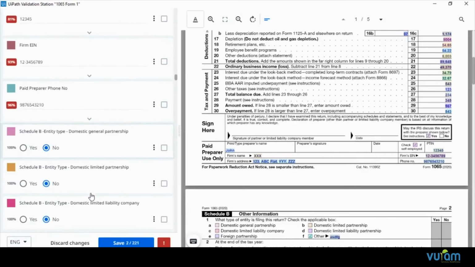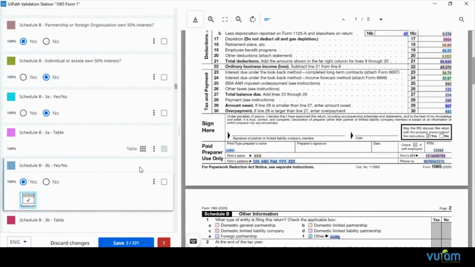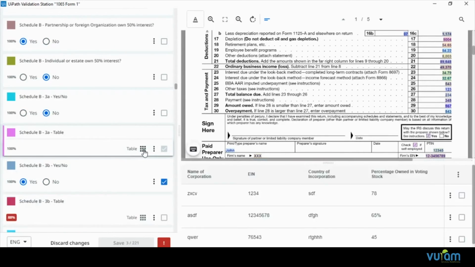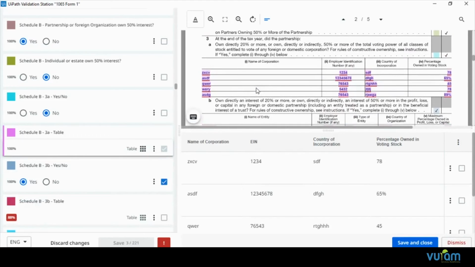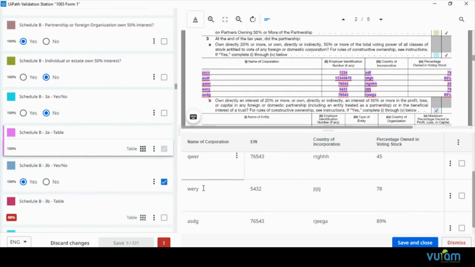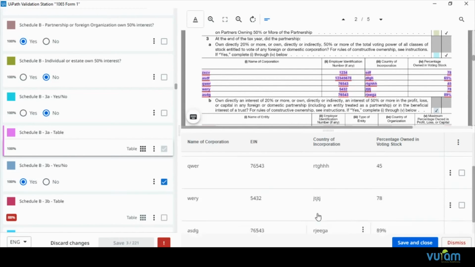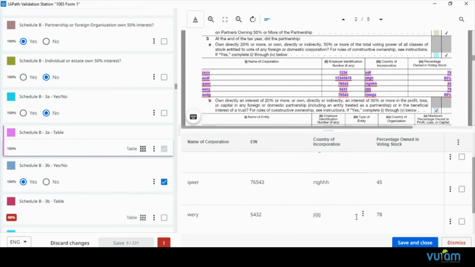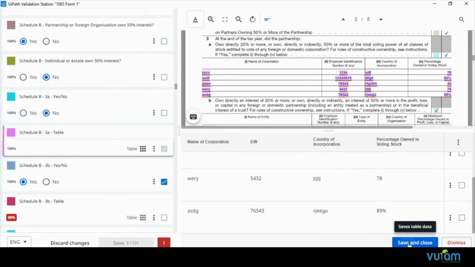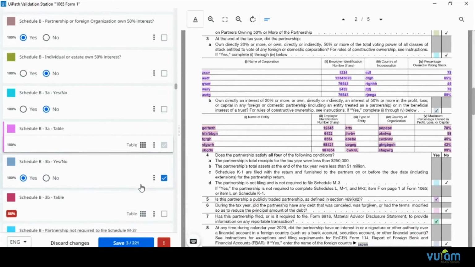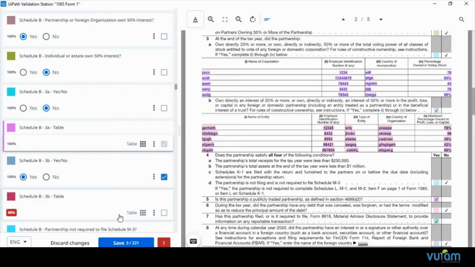Now we'll see a sample table. We'll take Schedule P3A. These are the fields extracted, and you can see all the fields are extracted. We can just save it and close it. And we also see Schedule P 3B.